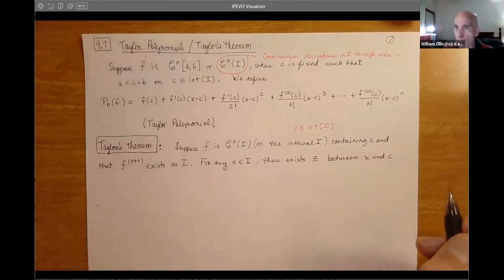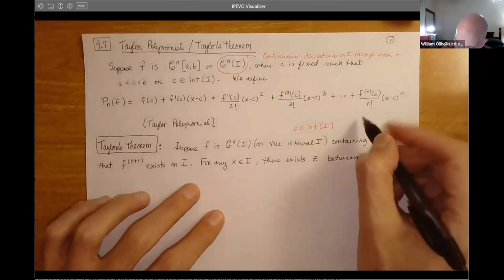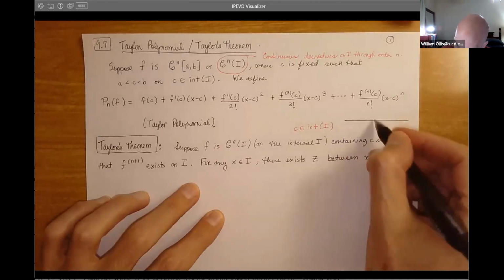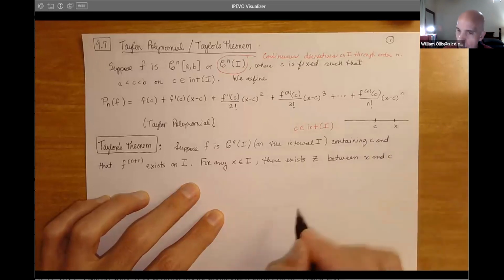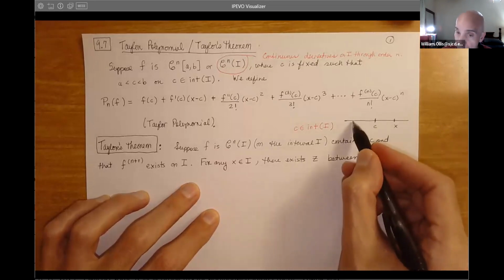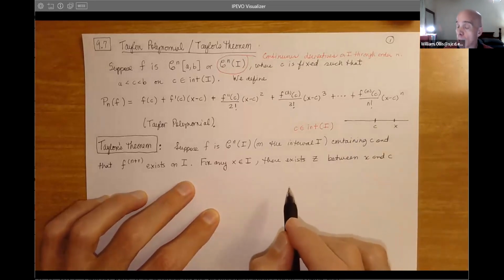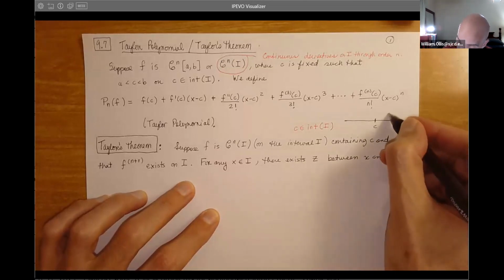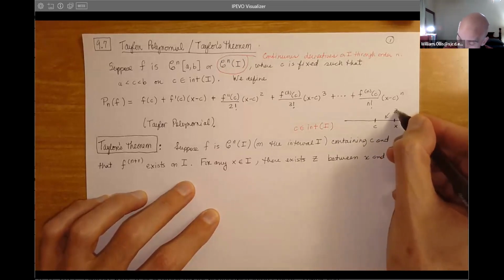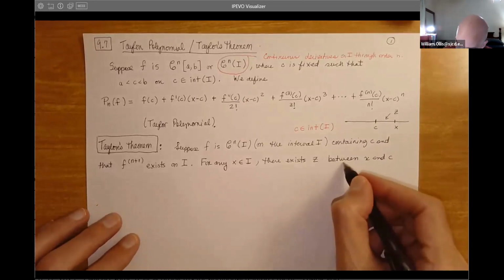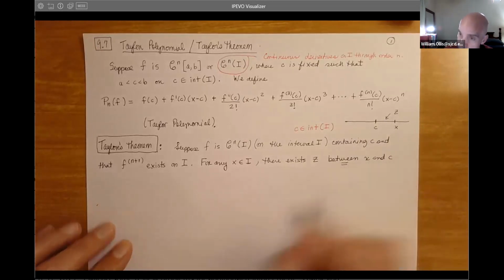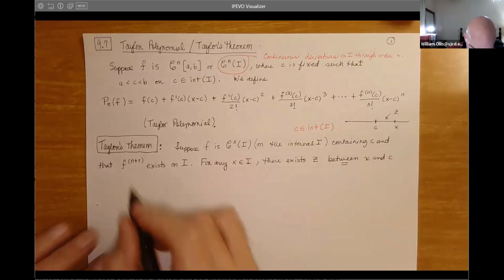So we don't know basically where x is. So for instance, if we've got this interval here and maybe we've got c, maybe x is right here, okay? Or maybe x is on the other side of c, we don't know. So the z is going to be in between. So that's about the best we can say. So z will be in between c and x. So between c and x. And such that,